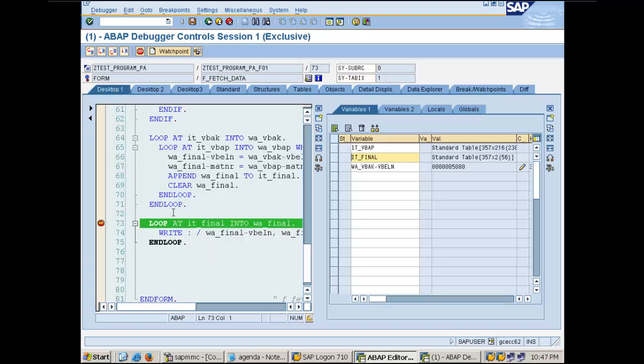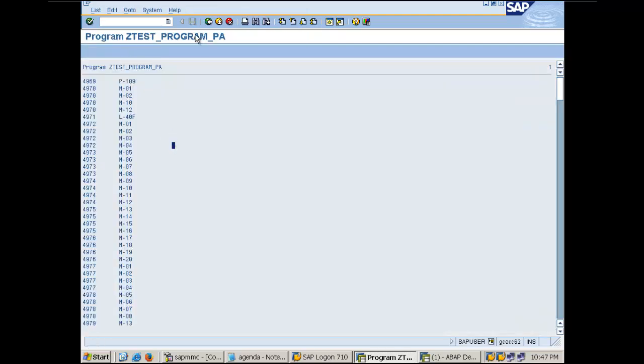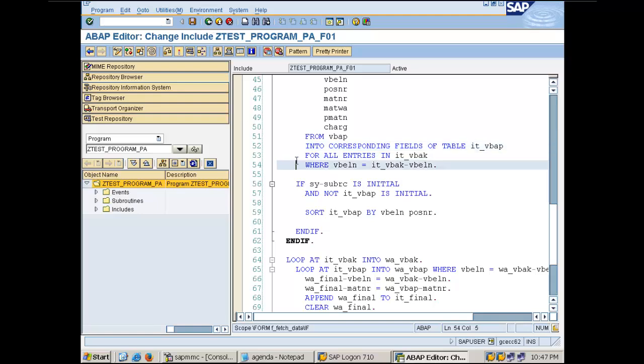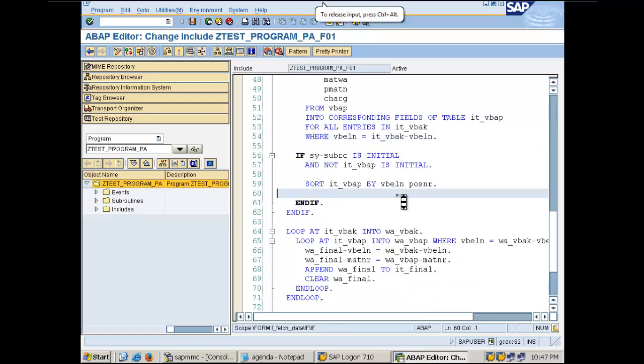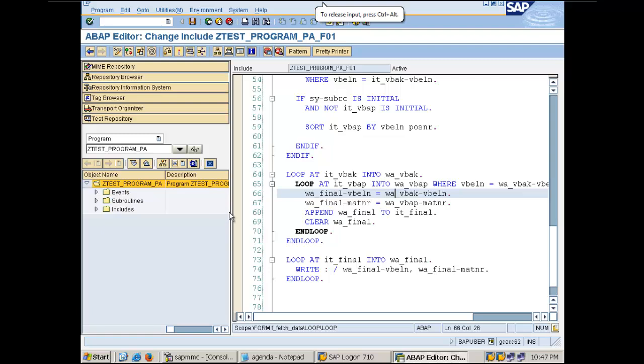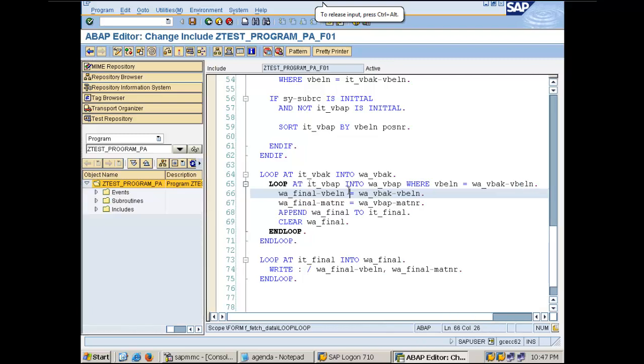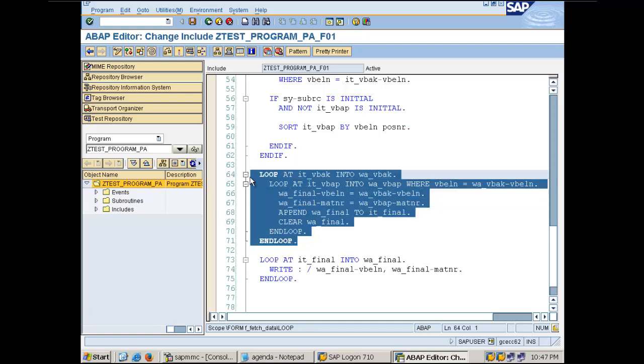So this is how we do our basic tuning, which means if there is a loop inside a loop, there must be a where statement. But one thing which we didn't see here is, in the backend, even if we put a where statement, the system actually scans the whole table to find what all records are matching this VBELN. So this is one way of doing it, but it actually doesn't give the expected performance. So the other way of doing it would be, what I'll do,